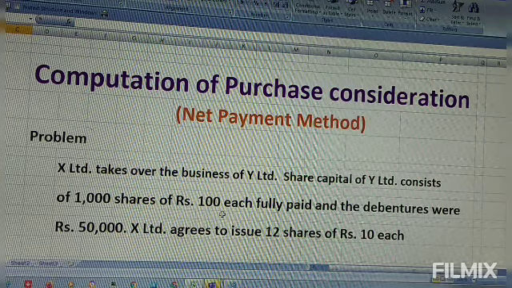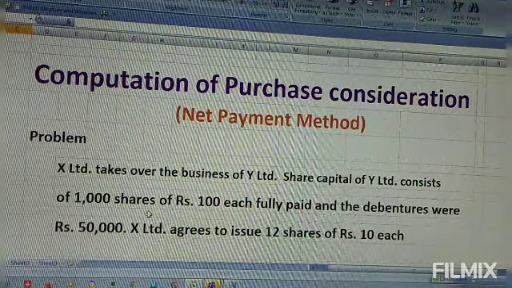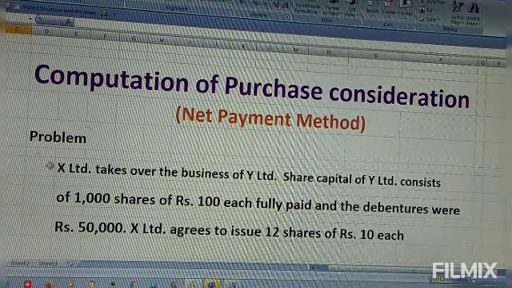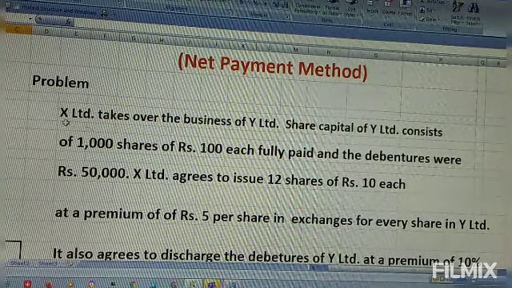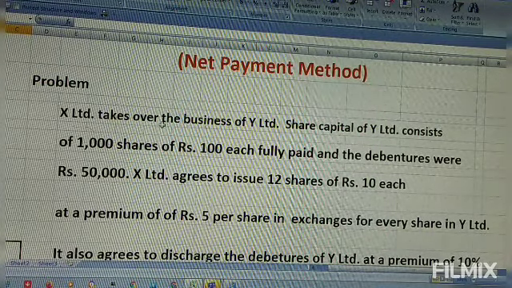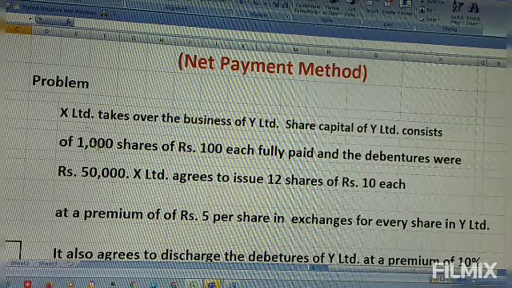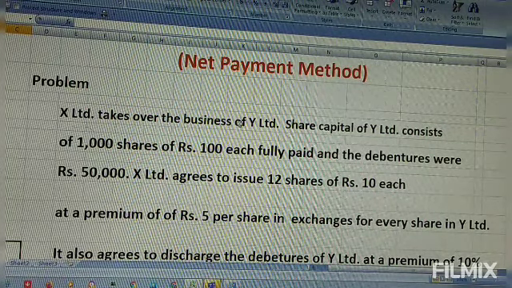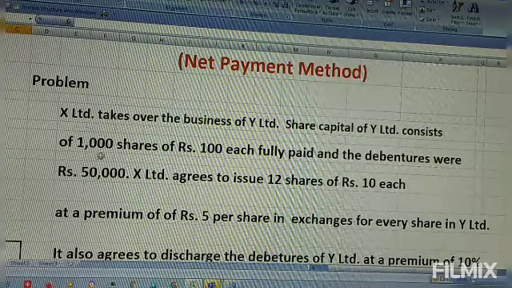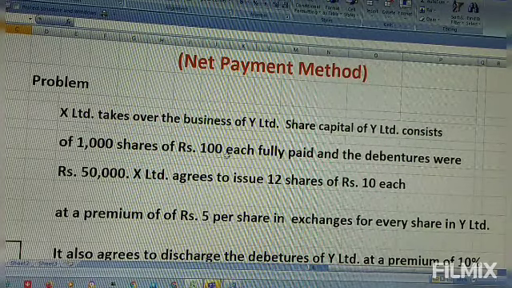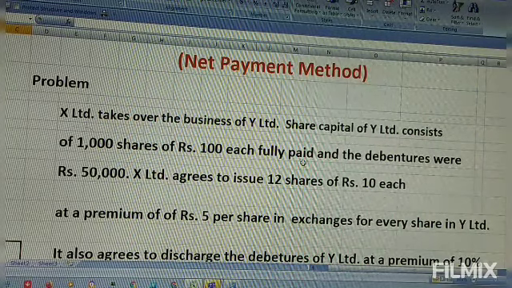Now we'll see a very small problem on this. Let me read out the problem. You can follow that. The problem is like this: X Limited takes over the business of Y Limited. Let me repeat: X Limited takes over the business of Y Limited. Share capital of Y Limited consists of 1000 shares of rupees 100 each, fully paid, and the debentures were